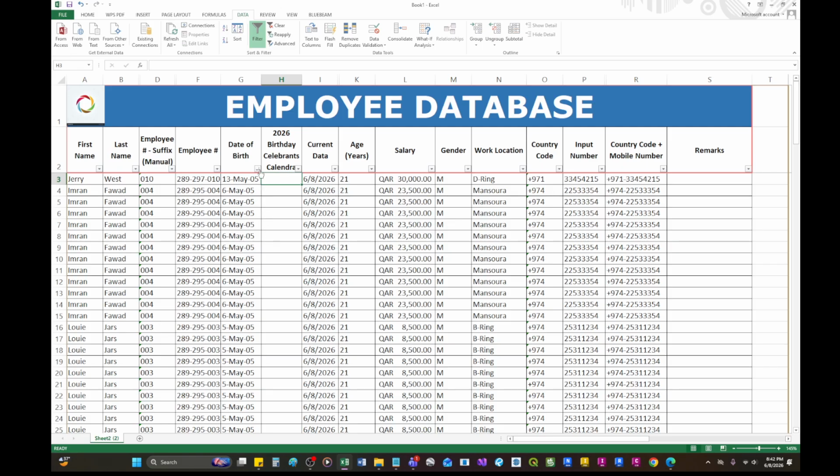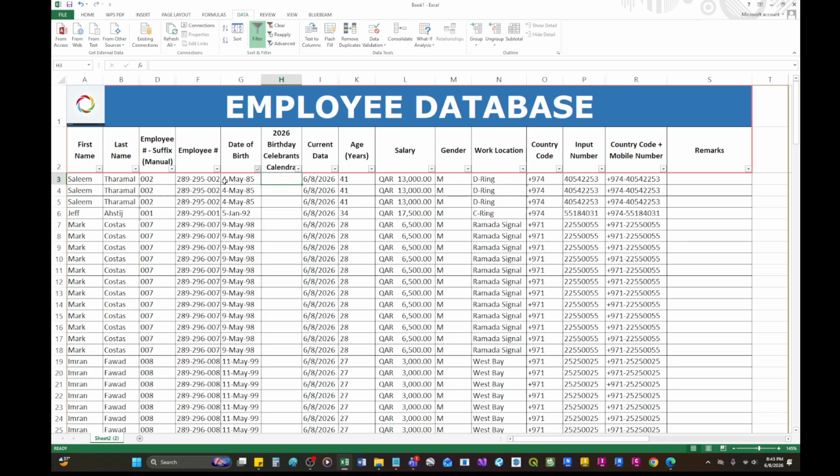So we need to start from January. January should be appearing here somewhere. Because if we filter from here, it will be measuring from the year of birth. But we do not want to do that. What we want to do is the arrangement per month, because our base is only for 2026. I'm thinking of a way to do this. Just a moment.